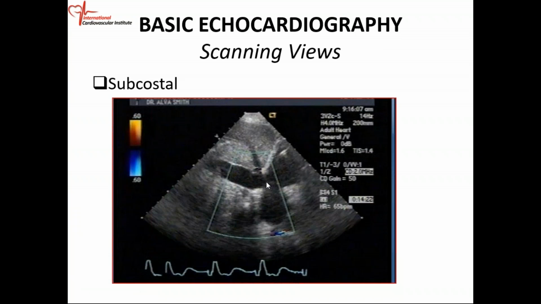And then, of course, the inferior vena cava drains into the right atrium. Right there. Subcostal view. Okay, right atrium, hepatic vein, inferior vena cava,